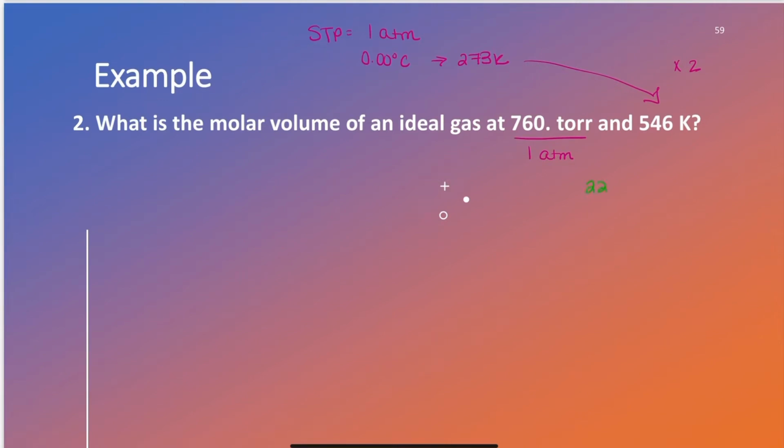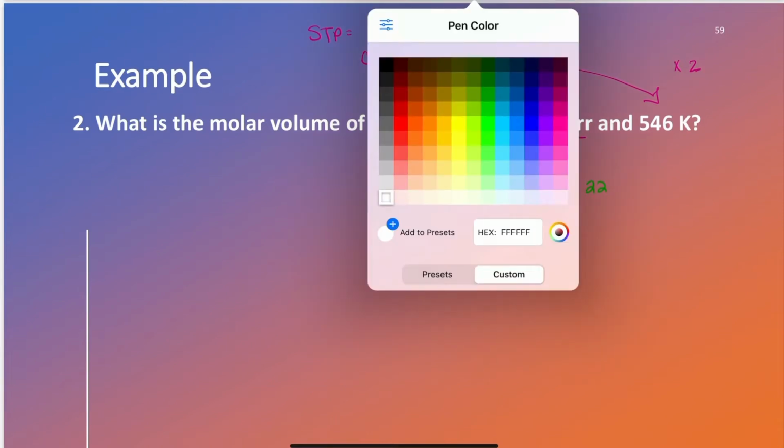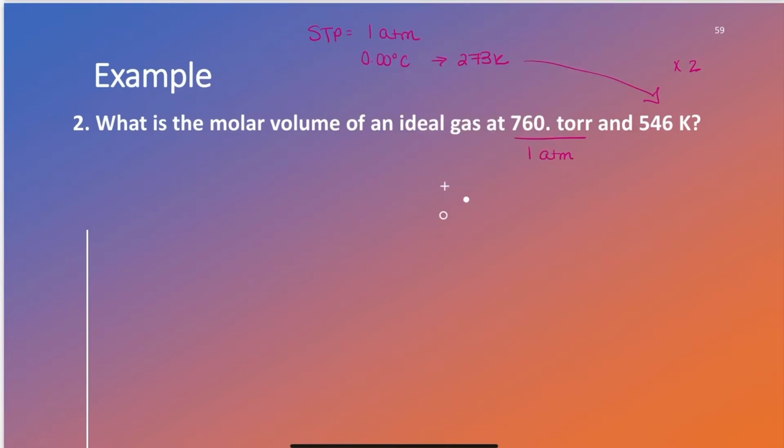I know that temperature and volume are directly proportional. I know that 22.4 liters is molar volume at STP. So since I doubled the temperature, I expect the volume here to be double as well. That should be 546 K